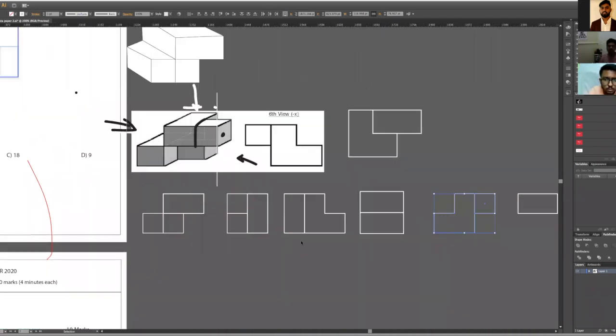Guys, any doubt now? No, sir. I think we need to rejoin. Less than 1 minute left. After that, I'll quickly go through other important questions which are required. Okay, let's rejoin now. Let's leave all and rejoin now.